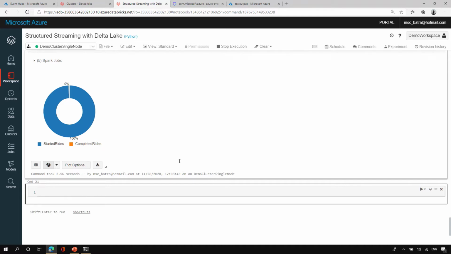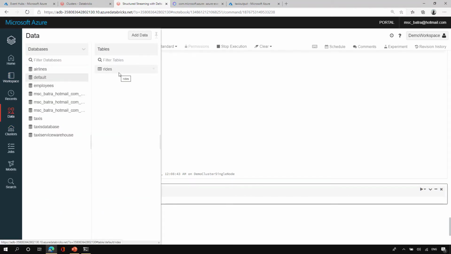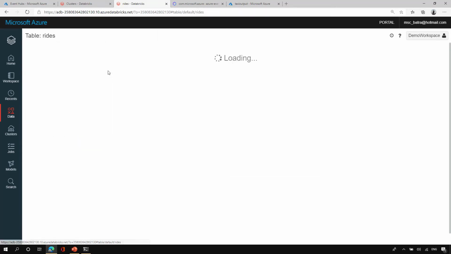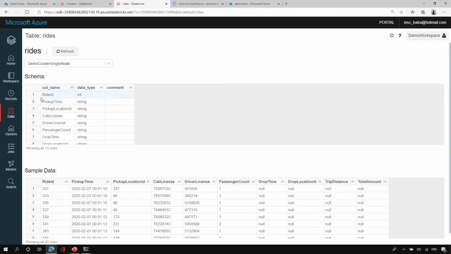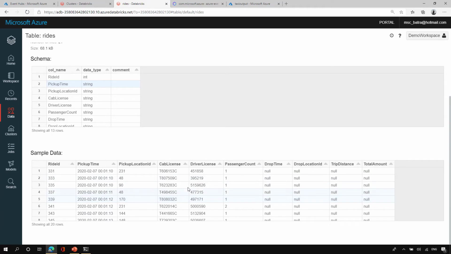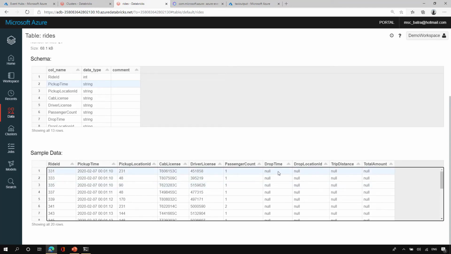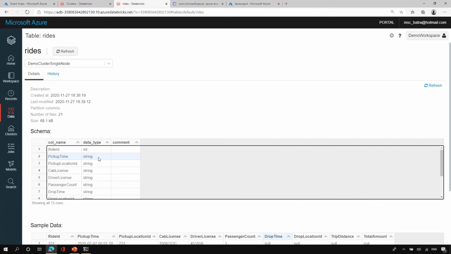Now, along with this one, I can also show you how we can look into the previous versions of the data. All right, so I can go into the data tab and you will see that there is a writes table which has been created. So I can click on this one. So this is the schema of the table, and this is a schema that will be enforced. If I try to put data in any other format, it will actually reject the data. All right, and you can see this is sample data. There are some writes which have started, but they have not completed yet. You will also see that as soon as a write has completed, it will show the drop time as well. All right, so if I go to the history tab,